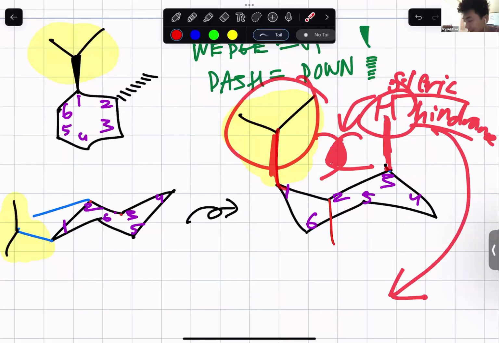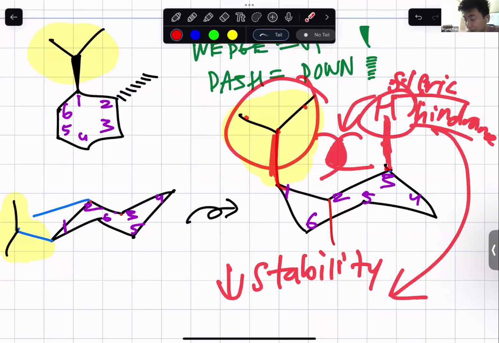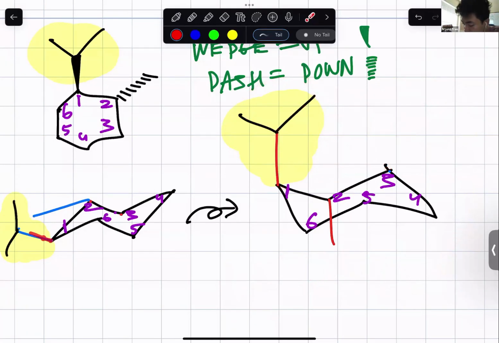And the steric hindrance is very bad. Like, it decreases stability, right? Because the reason why it's bad is because there's electrons in these bonds, and electrons don't want to be near each other because they are going to repel each other, right? Like charges repel each other. Whereas if you look at the bulky group here in the equatorial position, it's facing away, far away from the other groups as much as possible. So that's why it's gonna decrease steric hindrance. It's not gonna have as much steric hindrance right there, right?